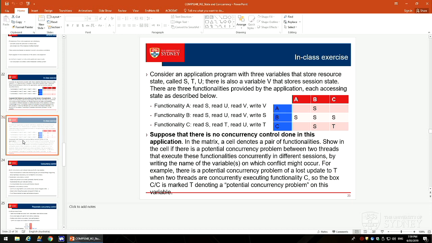So we were thinking before whether they actually refer to the same session state. Yeah, V is session state, so they both have a V. So V isn't shared. Session state is always not shared between different threads. That's right. So one instance of A is running on behalf of one user, and the other instance of A is running on behalf of another user, and they both have their own sessions. Yeah, of course.